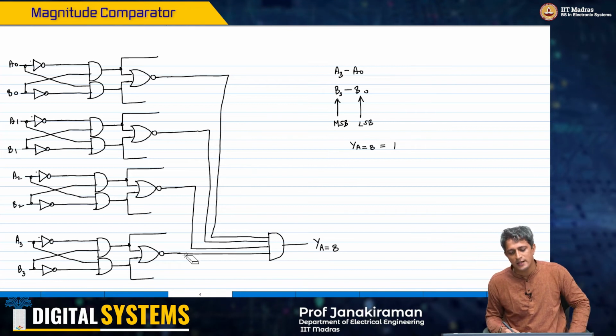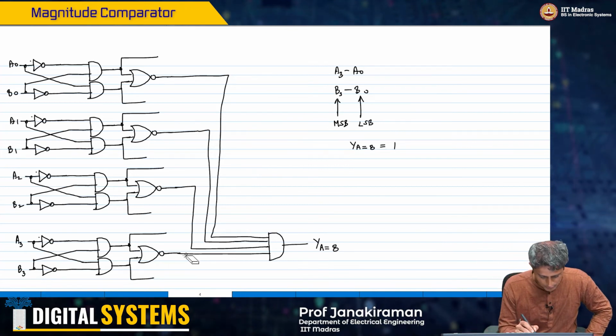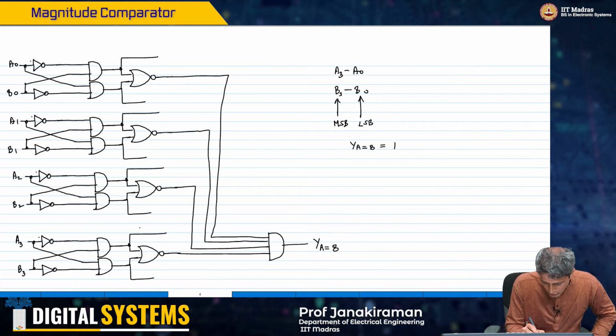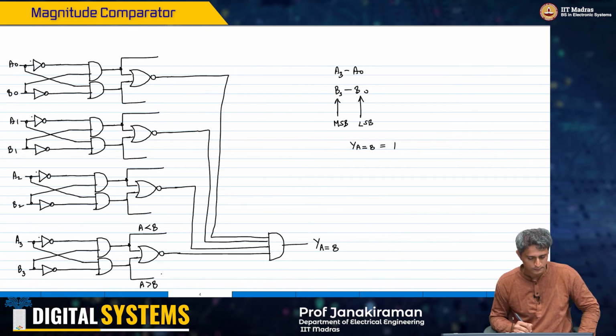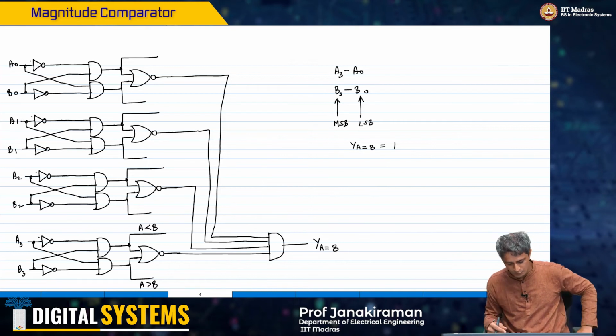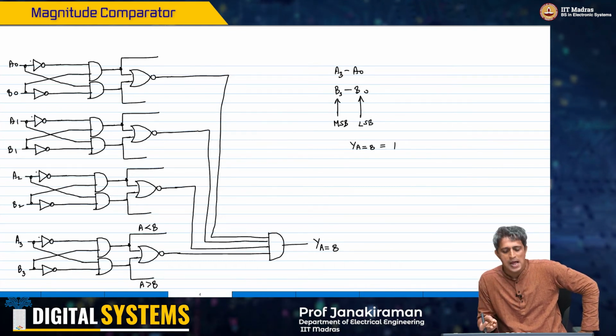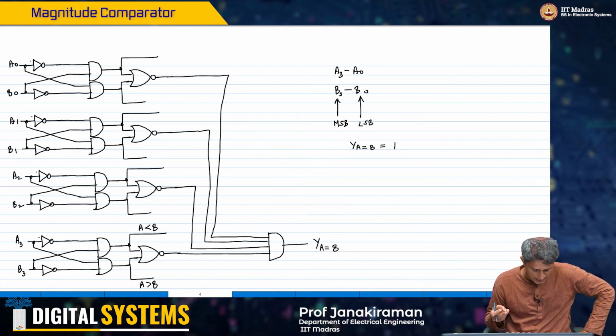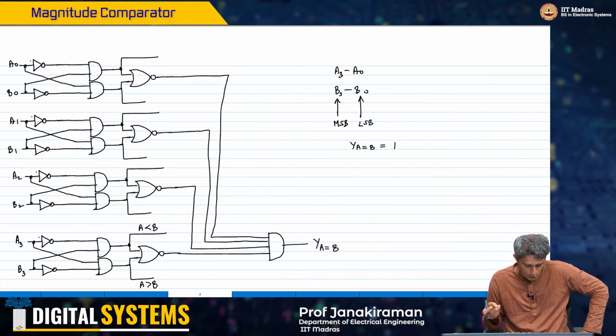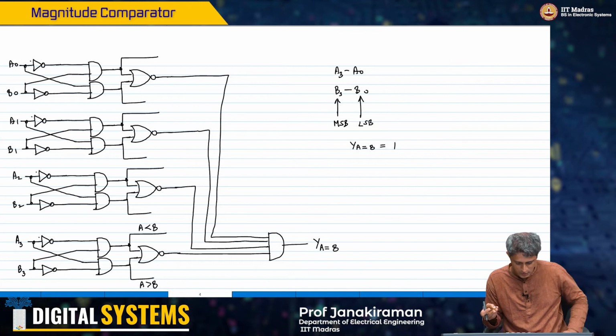Now, how do we handle the other case? What we have here is, this one is A less than B and this one is A greater than B. Now, if A3 happens to be greater than B3, so it's not equal and A3 is greater than B3, then obviously I can conclude that